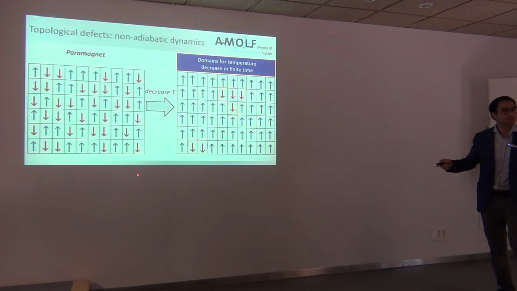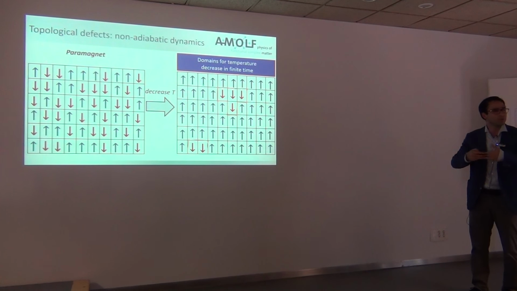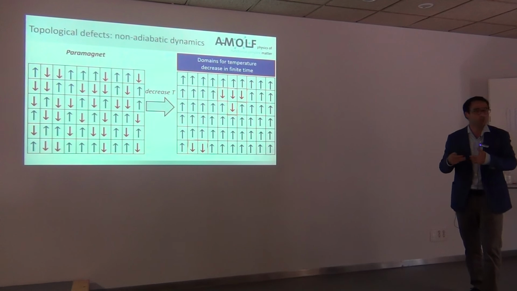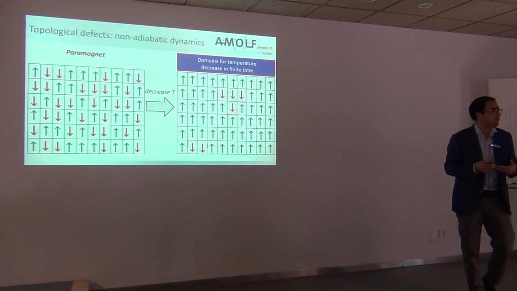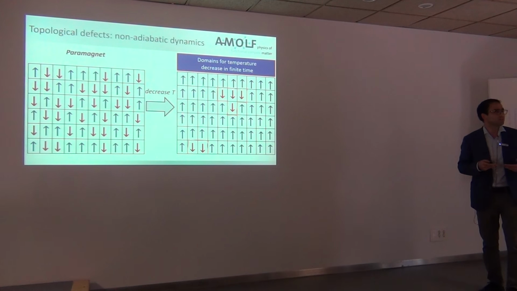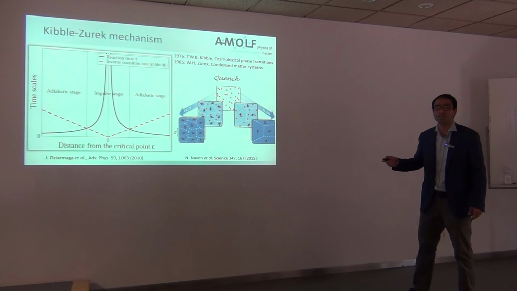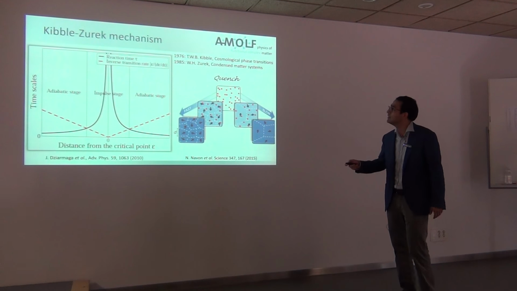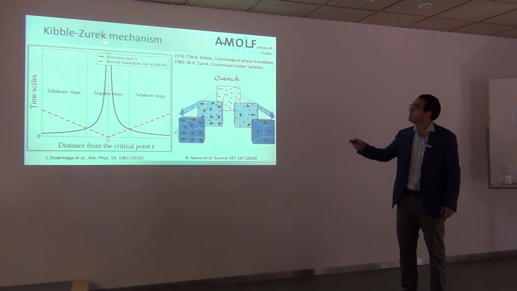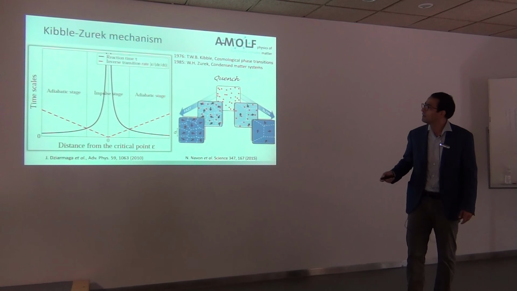And so these topological defects are very interesting because if you want to do a kind of adiabatic quantum computation, if you want to do any adiabatic protocol, they tell you about the errors in computation. They tell you how far you are from adiabaticity, right? The density of defects. And in fact, understanding how the density of defects scales with the transition speed is what motivated a lot of the work by Kibble and Zurek already several decades ago.